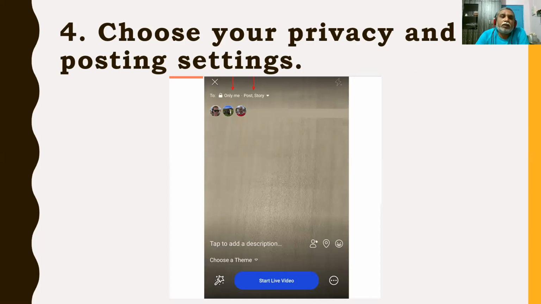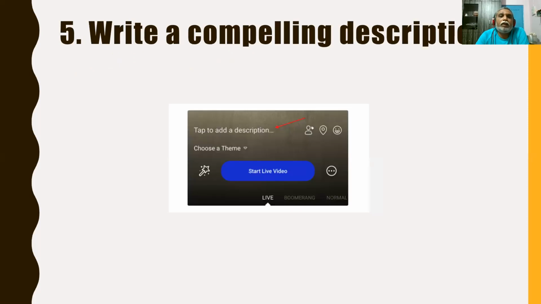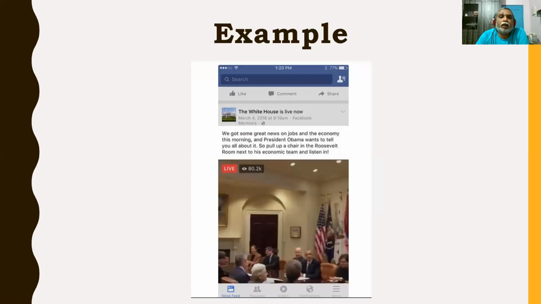Otherwise, you can set their privacy and start the live video. Then add a description, write a description regarding what you want to tell us. You can add the description for the Facebook live, and you can go live.